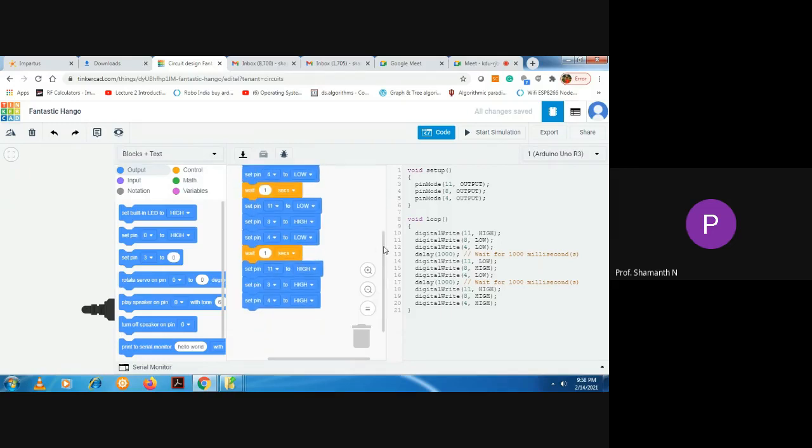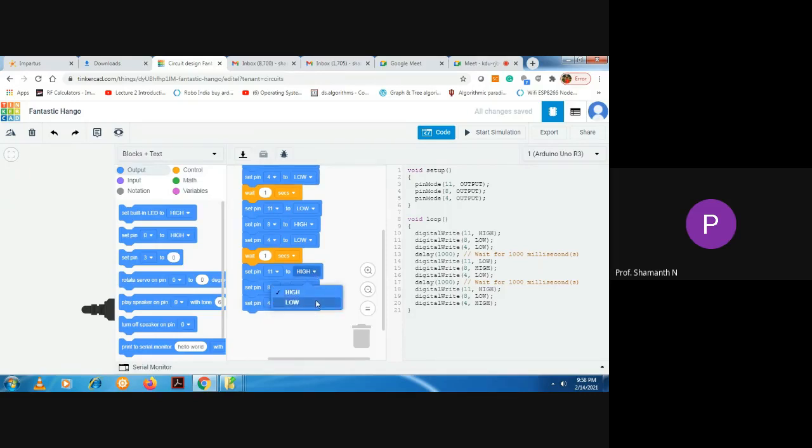Then I have to make the green LED be on and the other LEDs be off. The anode pin of the green LED is connected to pin number 4. So pin number 4 only I will keep high, and the remaining pins I will keep low.